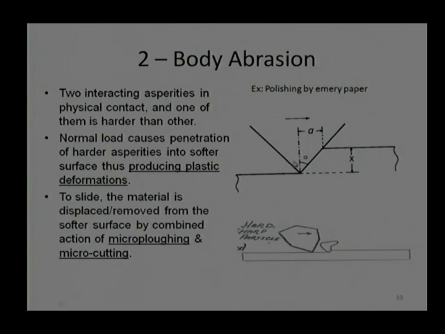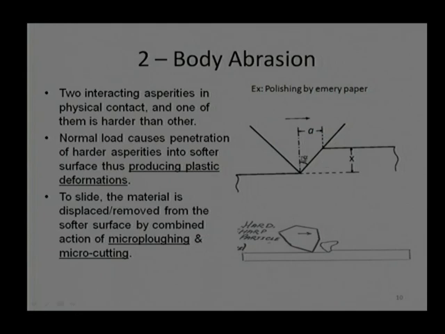So, in this case we can take a conical asperity where the half cone angle is alpha, and the depth of penetration is occurring at the radius a, it is conical, right. So, wherever the interaction happens, there will be a circular cross section, and that circular cross section will have some radius. We are talking about that radius as a, and this will occur whenever we load a harder component against the softer component. Under load, these asperities will penetrate the softer material to balance the load, to bring in the equilibrium,